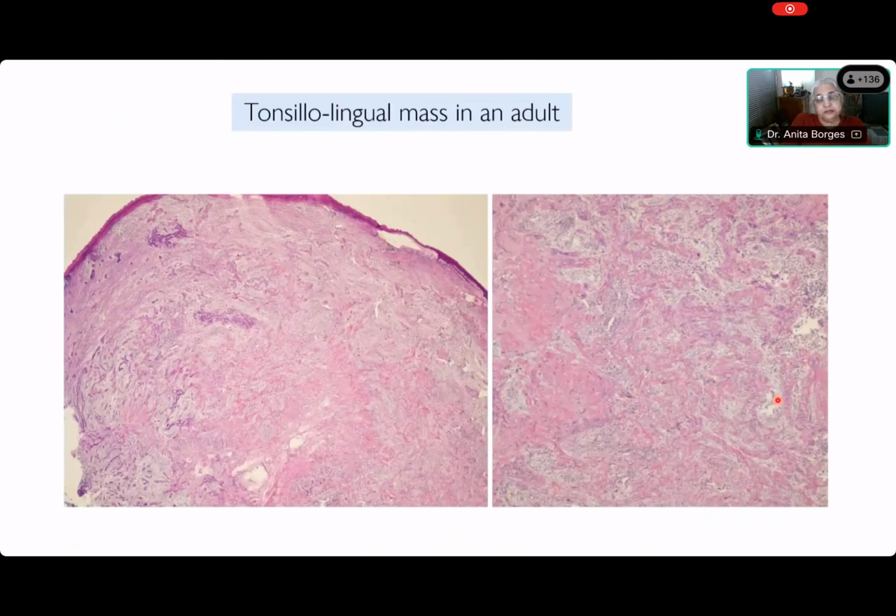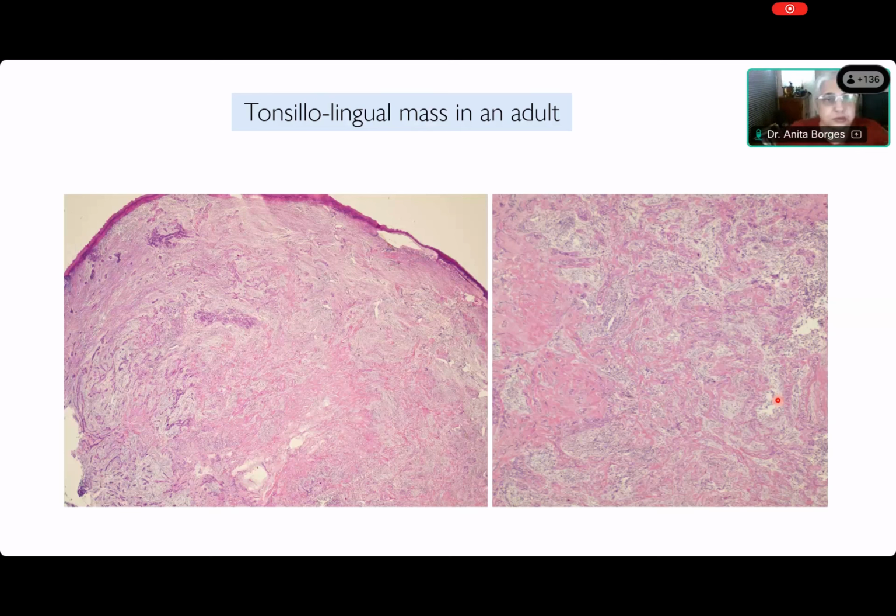All right. Now, Somik, you want to try this? Yes, come on. What's written over here? Tonsillolingual mass in an adult. So what does that mean? Where is this mass? What is the meaning of tonsillolingual? Somik, where do you think it would be? Imagine it in your mouth, because lingual means what? Tongue, right? So where would it be? Tongue, tonsil. Which part of the tongue are they talking about, Somik? Posterior tongue. Excellent. So it is sitting in the groove between the tonsil and the posterior part of the tongue.